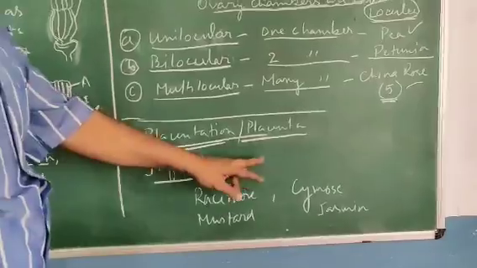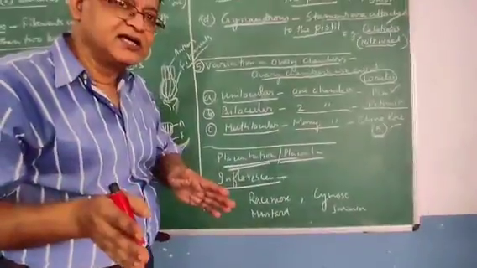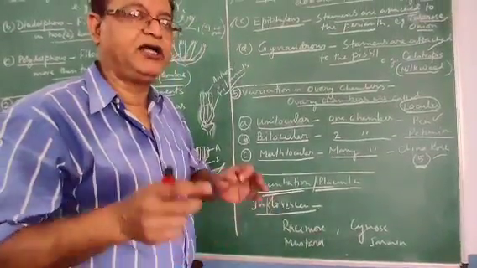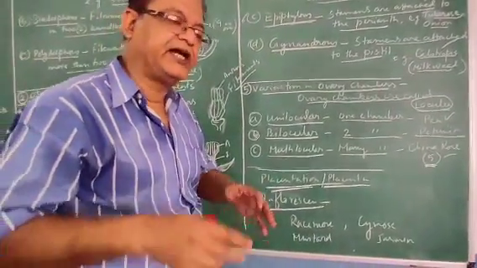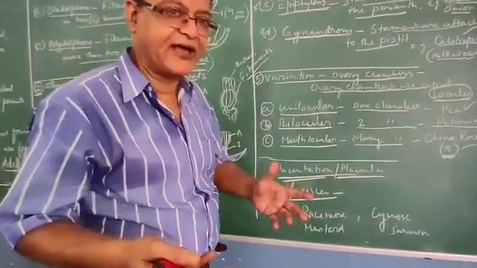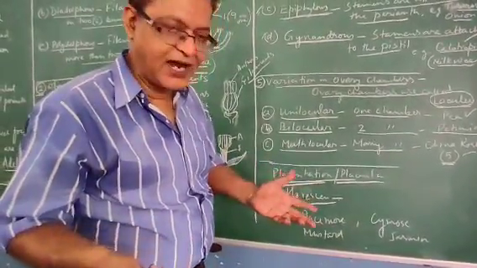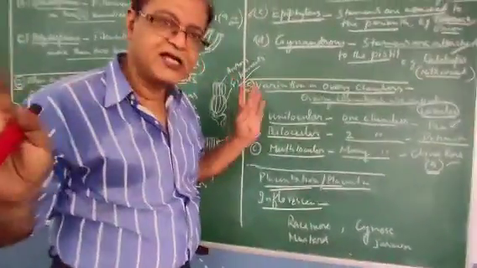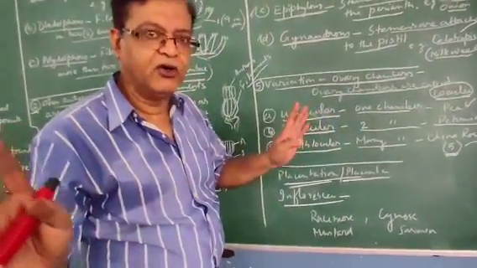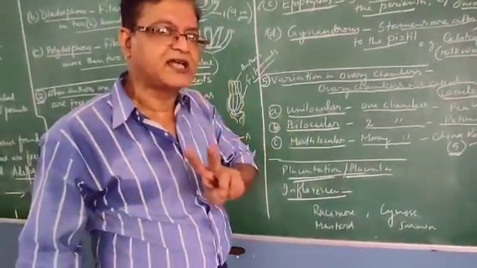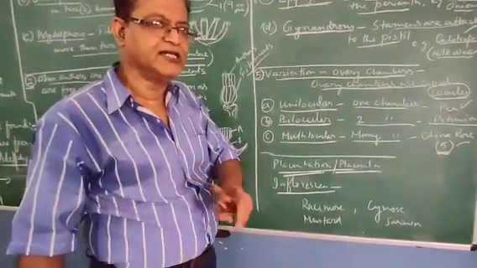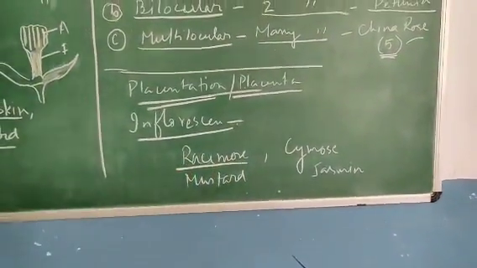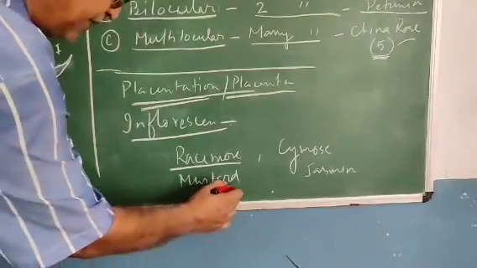Inflorescence is the arrangement of flowers on a small branch or floral branch. There are different types of plants and different types of arrangement found in the plants, and much variation is there in the inflorescence. Details of them we will not go into. I will tell you two basic types of inflorescence, though it is not included in the syllabus. One basic type is racemose inflorescence, where the example is mustard.